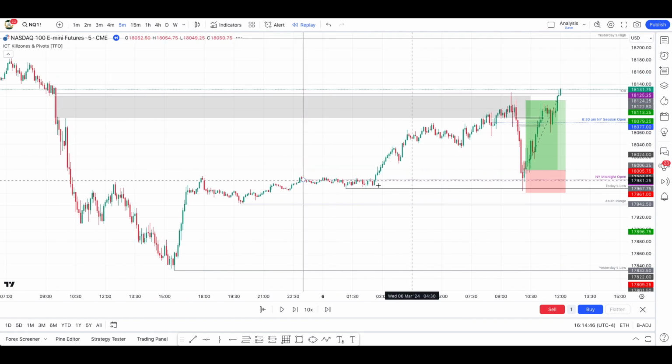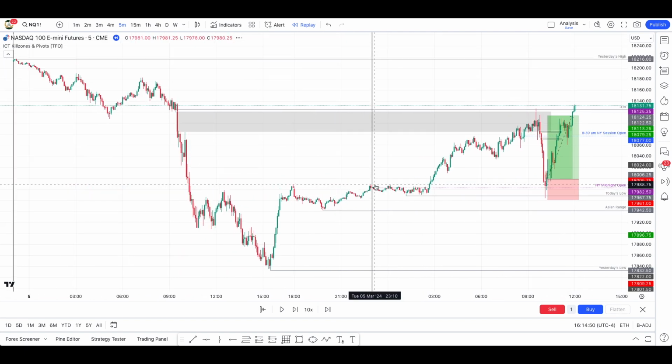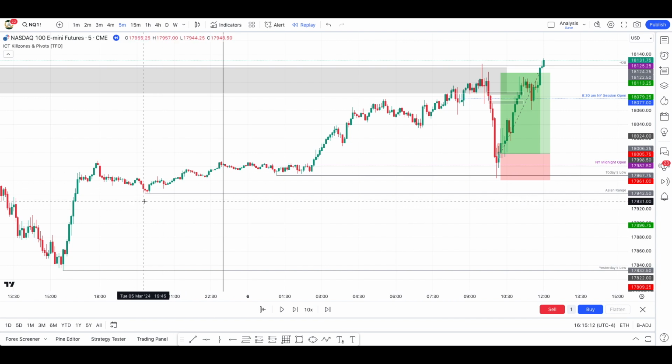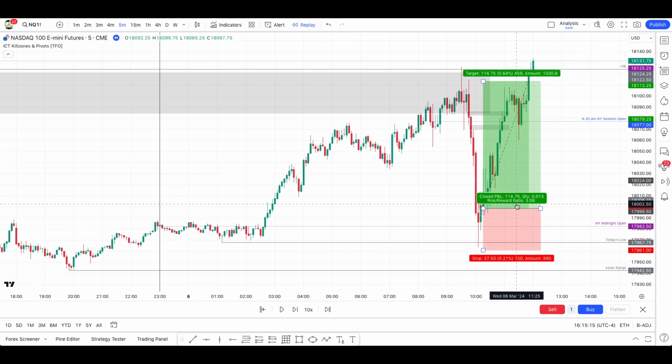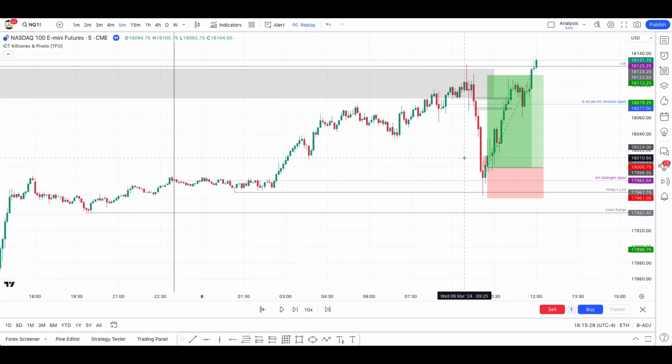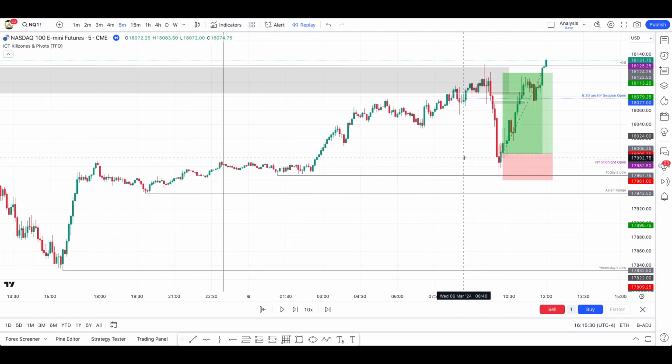We were looking to trade from an objective level. You see that everyone should have the same level. I'm not trading something subjective here. I had today's low, which was the lowest point from 12 a.m. to today. In the best case scenario, I would prefer to see a sweep of those two levels. You see, this could have gone for a loss, because after sweeping this level, we could have gone back down, swept the Asian range and then gone back up. But we were lucky in this case. We just followed our plan and it worked out.